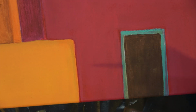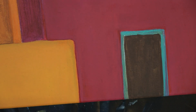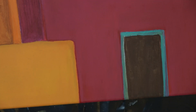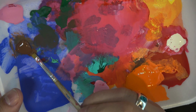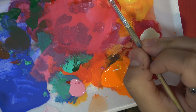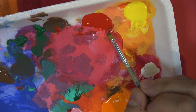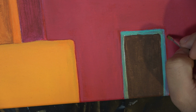We're gonna do the same process with this, and all I'm gonna do is get a darker, like a darkish red, and go right here. Now, in order to make that darkish red, in this case, I'm gonna use a little bit of a brown, just because this red really likes to turn into purple. So, go with a little bit of this brown, and a tiny bit of the red. I'm sorry, can't see that. And a tiny bit of the red, and I'm just gonna slowly make